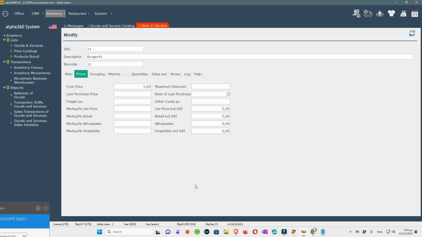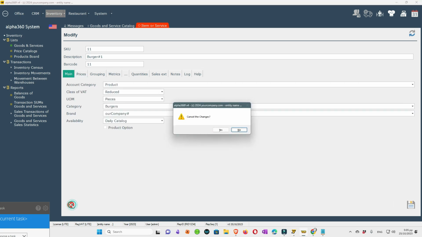Now, from version 4, we have added product options. This means products that can be ordered when we order another product. Let's go and see it. Let's close the screen